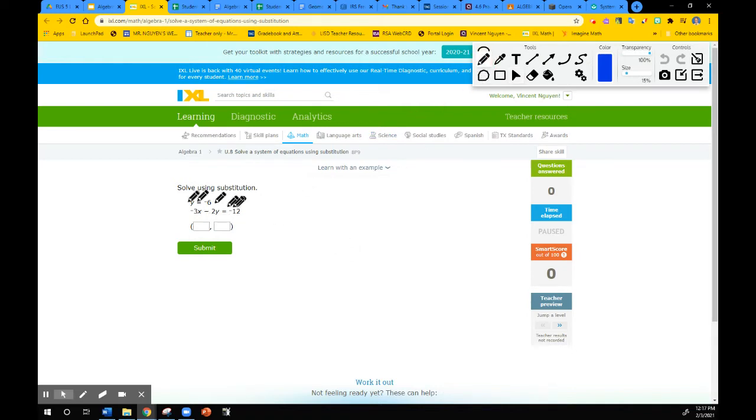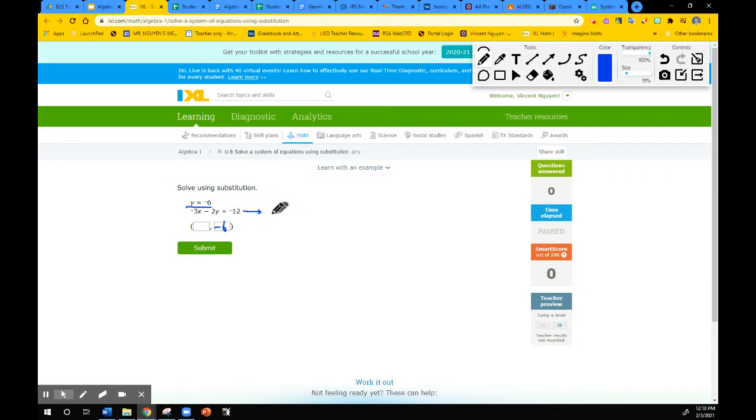This is the case where they already give you one of the answers, okay? So they're giving you the value for y already. That means you have half of your solutions already. So this is the easiest, I guess, shortest case that you will see. What you do is work on the second equation to find the value